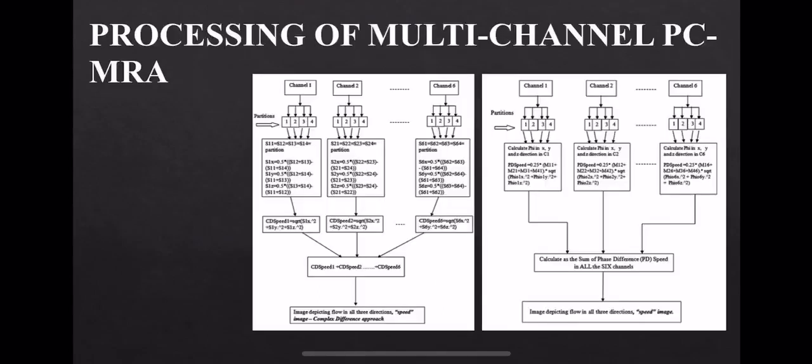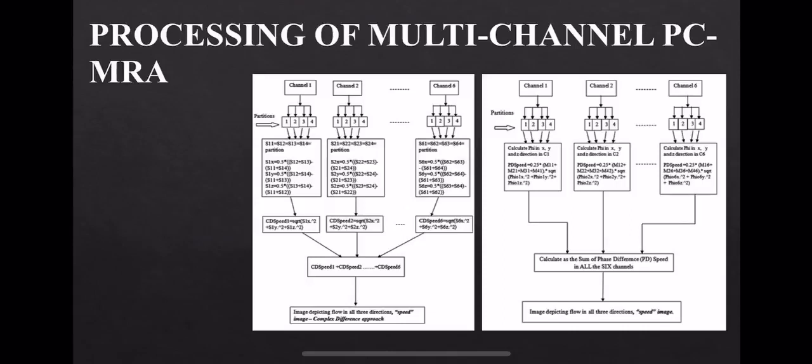In multi-channel PC-MRI, as you can see, we have 6 channels in the figures. Each channel is acquired as 4 partitions. Each partition corresponds to the reference and pairwise encoded data, and after performing the necessary calculations, we obtain the PCCD or